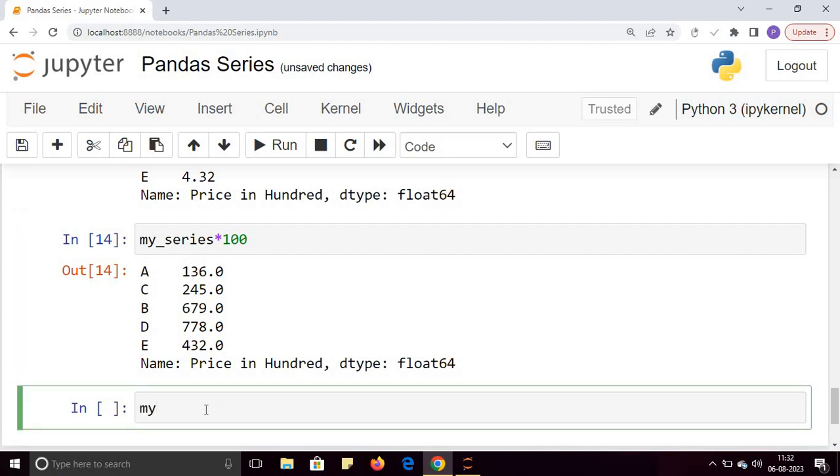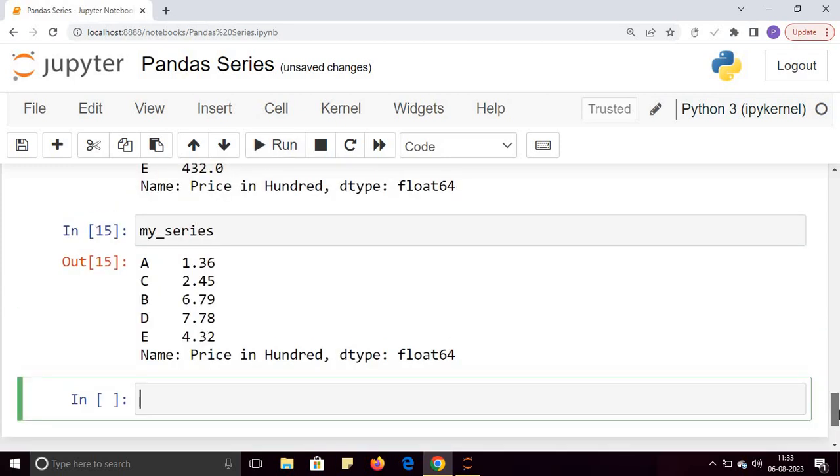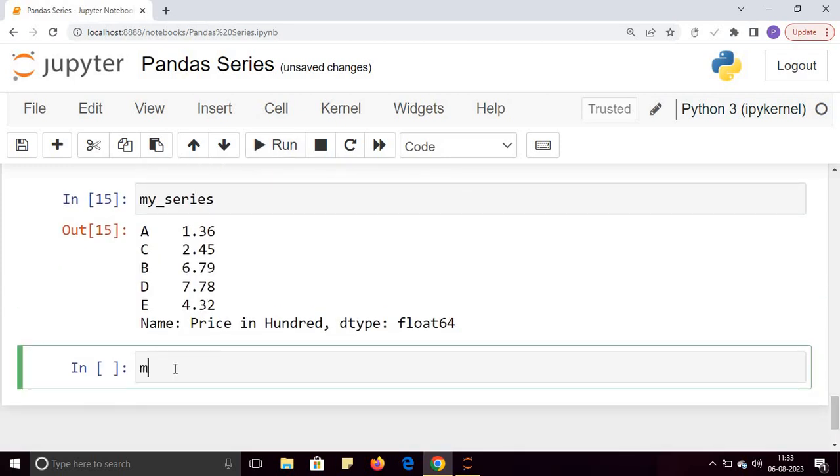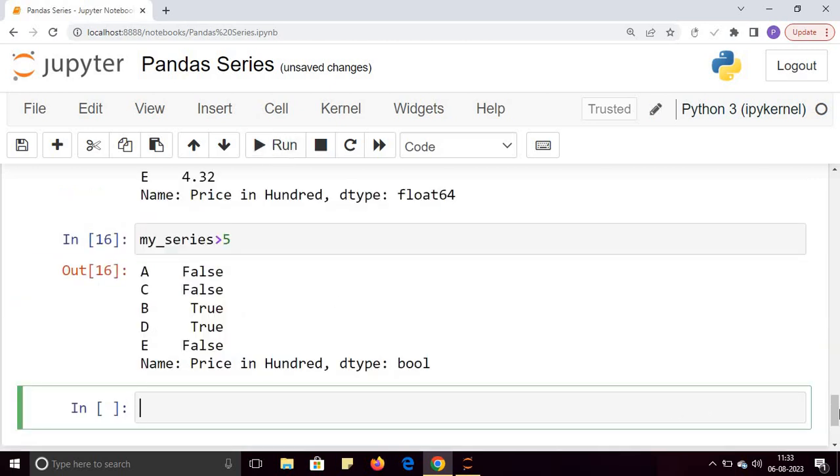And what if I write my series is greater than 5? Let me again print the series first. So my series, and now if I print my series greater than 5, and if I run this code, you can see